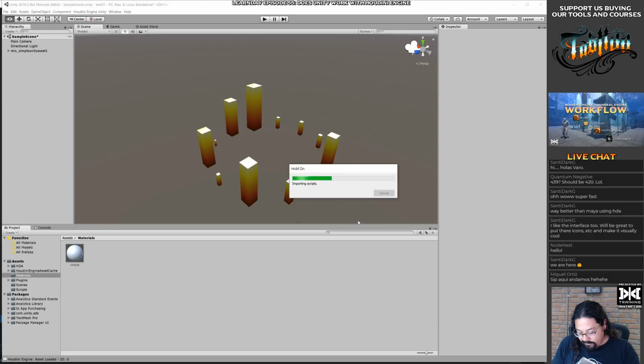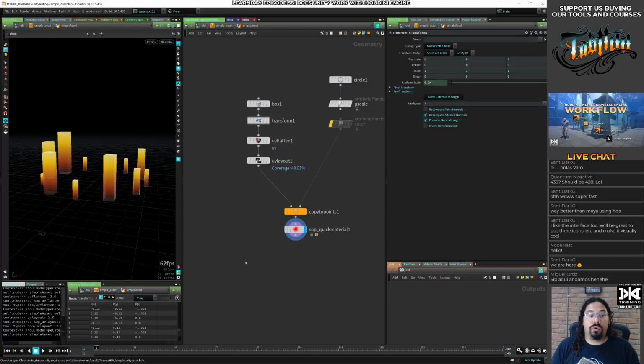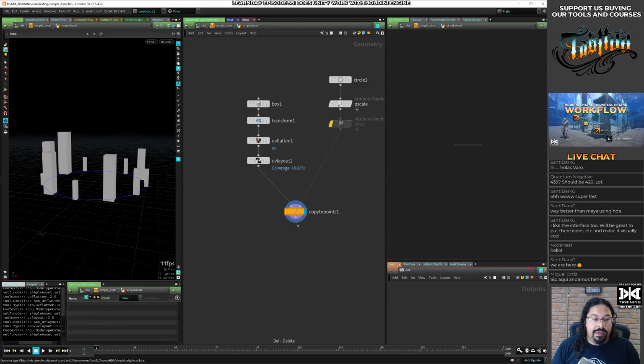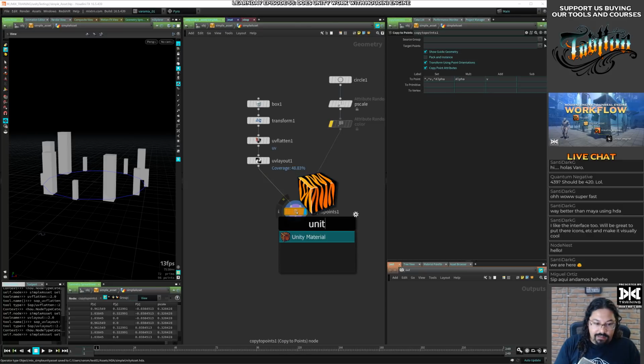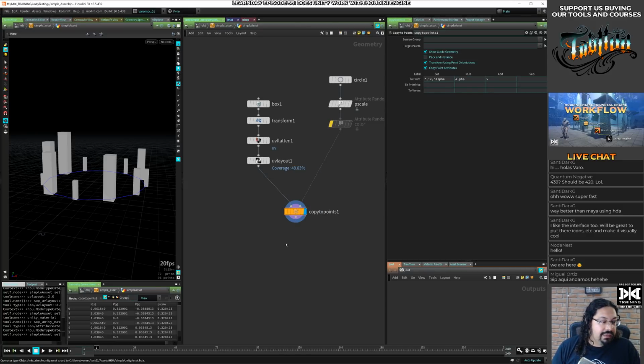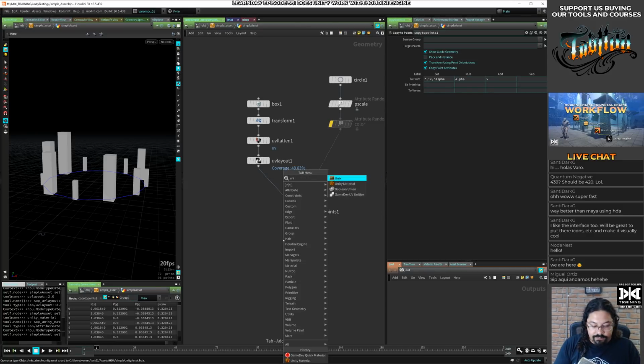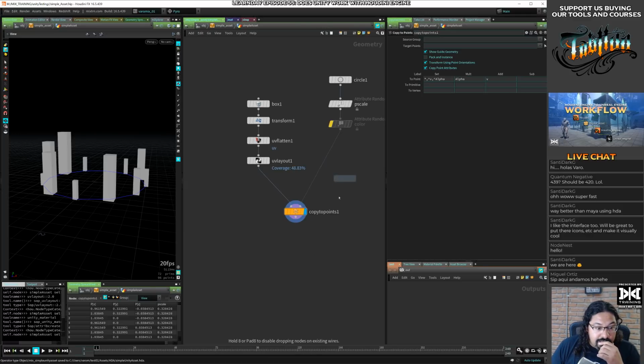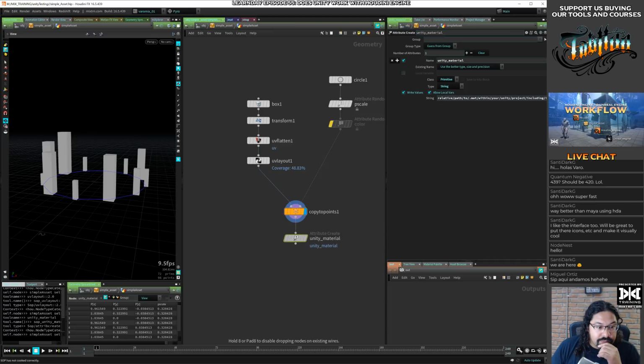Alrighty. It's important. So then it says that, damn it, I need to fix that. Unity material takes a path.